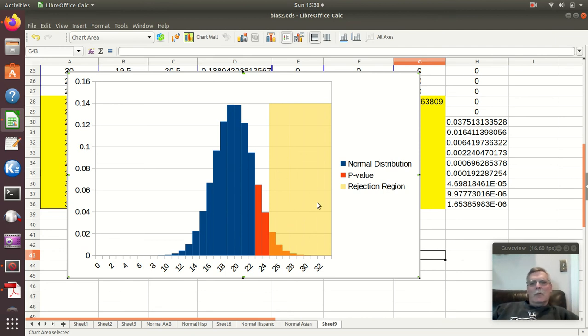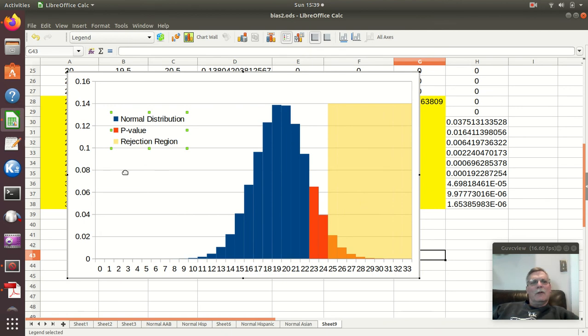Again, the other way to do it is just make sure you plot the rejection region first, but if you can, hey, this is a nice way to go. And then another thing I can do is notice, I've got all this white space over here. Usually you can move your legend around and see. So when I do that, all of a sudden I get a much nicer picture,